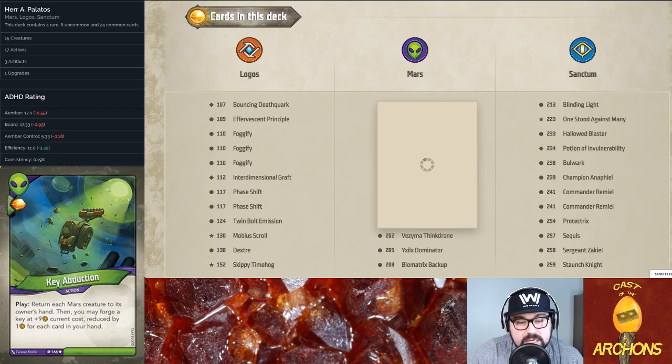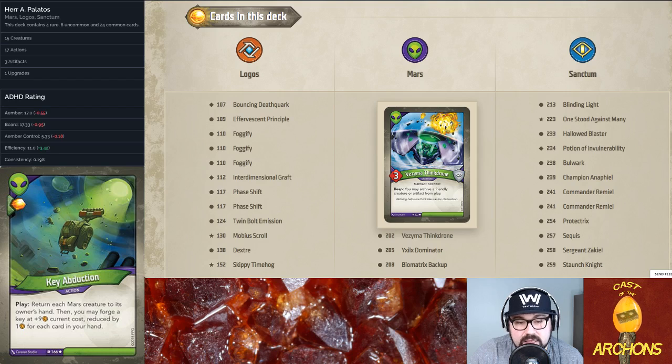I have Vezyma Think Drone, which is also another piece that lets you archive cards. So if I have an opportunity to Reap with a Vezyma Think Drone, and I have another Mars creature on the board, I don't care what it is, I'm putting it in my archives. Or if I have another creature on the board that is vulnerable, if I have a Skippy Time Hog, a Dexter,